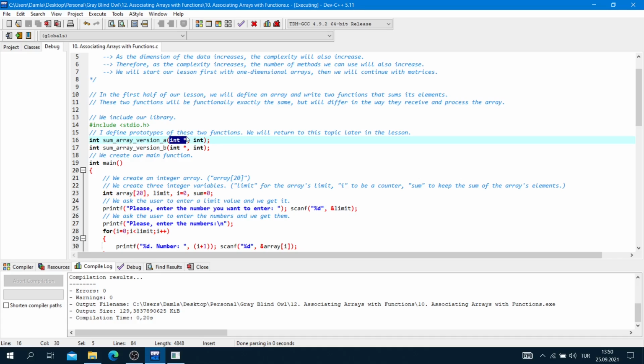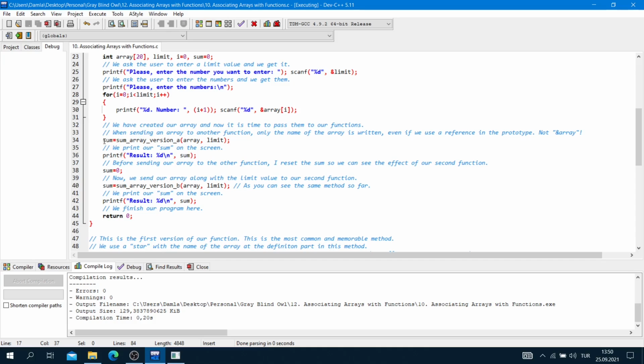Integer pointer for our array and integer for our limit value. As you can see again, integer pointer for our array and integer for our limit value. They are different functions, but their prototypes are the same.